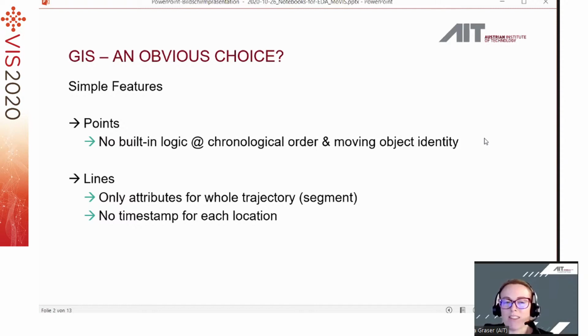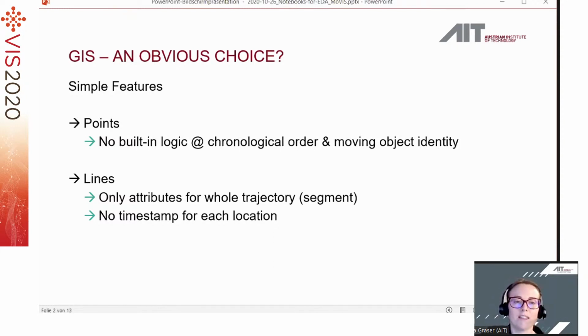Since my background is in GIS, obviously the first choice that I had for dealing with movement data was to use desktop GIS applications. But if you have ever tried to do that, you probably soon realize that the desktop GIS is not a very good approach for movement data because they mostly build on the simple feature data model, which is either points which don't have any built-in logic about chronological order or about moving object identity,